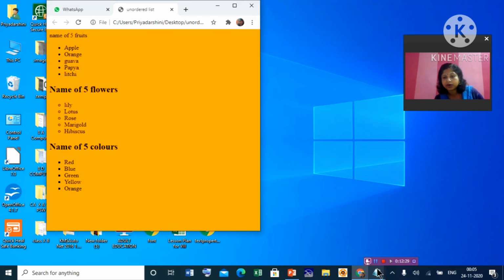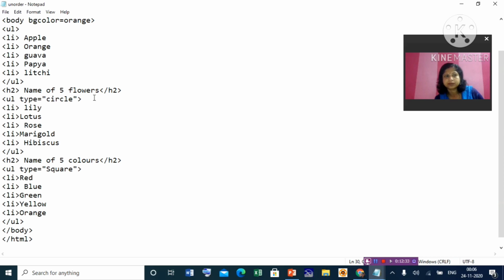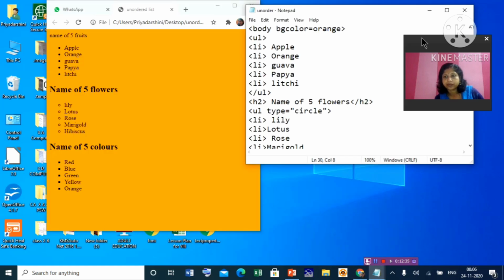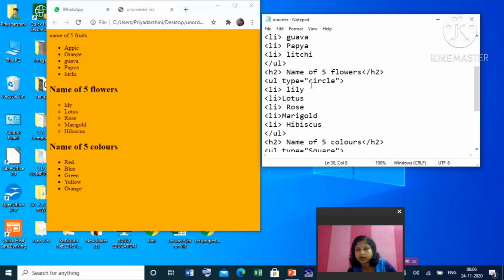Just you see your coding. Okay, here you see your coding. For the first list, you see, only UL, so the default is disc. Okay. And for the second list, here we have specified type is equal to circle, so it is circle.